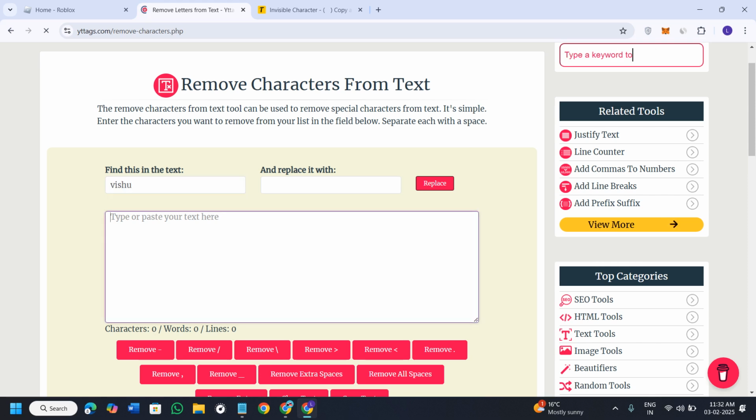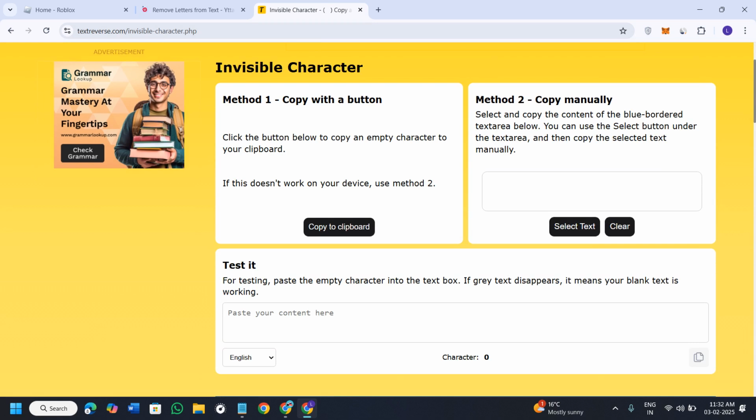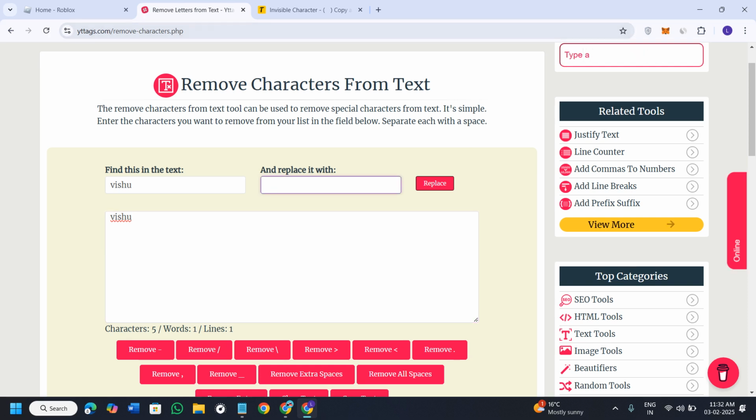After that, you will have to type your name in this big section as well. Afterwards, you will have to come to this website, that is texttraverse.com. I will also put the link of it down in the description. So here you will have to click on copy to clipboard, and now you will have to go back to YT tags. Over here in the replace section, you will have to paste it,